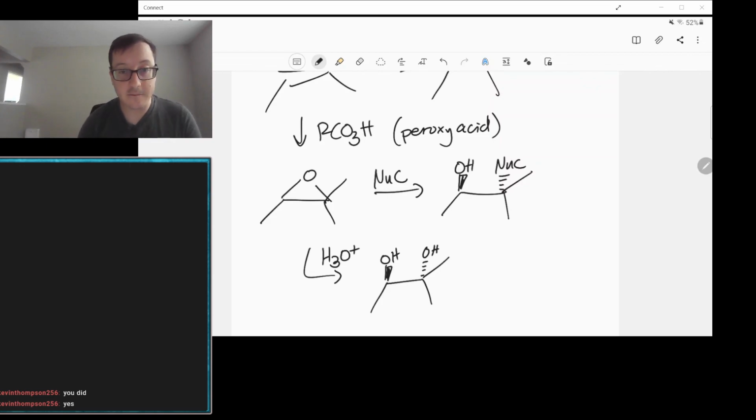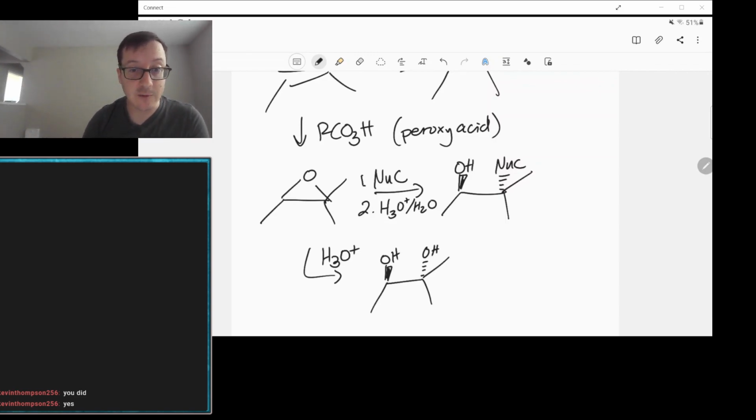All right, so very useful thing epoxides are. And we're going to see here that our nucleophile will attack just like before, the opposite side of our epoxide, pop it open, and then typically you'll also need either a water wash or an acid wash afterwards,